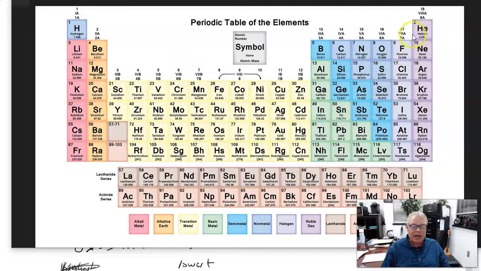So basically, your tiny atoms in the periodic table, besides hydrogen, are sitting over here, your oxygens and fluorines and chlorines of the world. Your largest atoms in the periodic table are over here at the lower left, very far down and very far left. Your cesiums and bariums and franciums of the world. Those are your larger atoms. Okay? All right. Trend number 2,